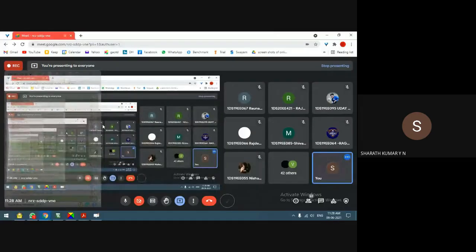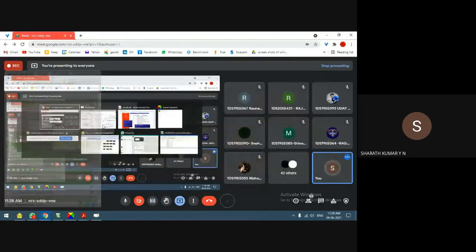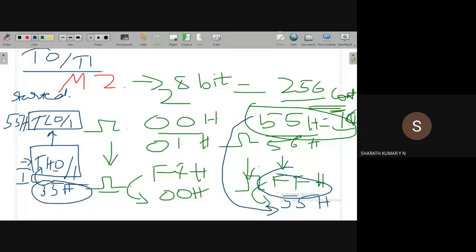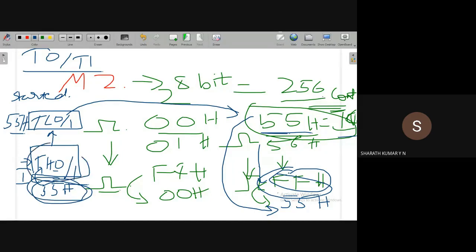Okay, fine. So when the timer is started, it will start with the value of 55H. It continues something like this. This operation results in 55H as the initial value or initial count. When it reaches the final count, the microcontroller will copy the 55H, or whatever initial value is available in the upper byte, to the lower byte, and this counting operation continues as long as we continue to run the timer.